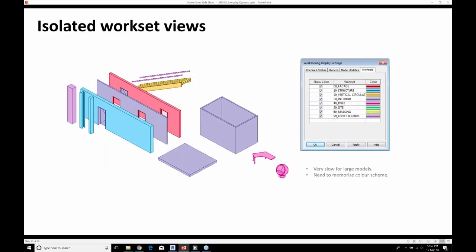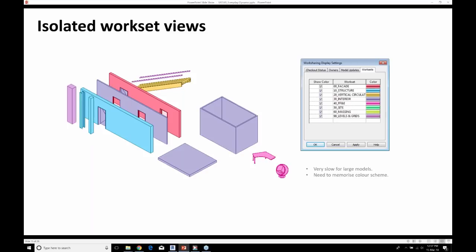Once we've assigned elements to worksets, I'm a strong advocate of creating isolated workset views. And the reason is, although Revit has the little button down the bottom which allows you to do worksharing display settings, there's lots of issues with that. One, it's really slow for large models, and you also need to memorize the color scheme.